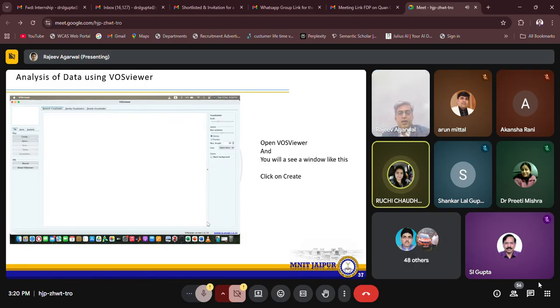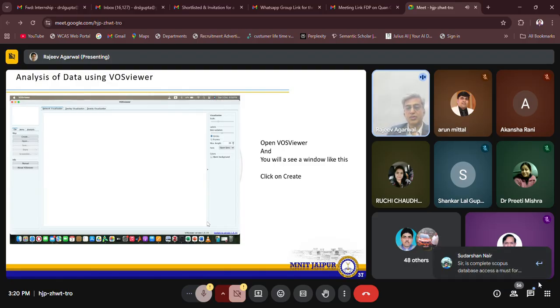For a good bibliometric analysis, is there a minimum number of documents? There is no specific criteria, but it should be optimum enough. If my research question is very generic, I will be getting thousands of papers. Suppose you are doing research and have formed a research question; if it is not specific, you will get thousands.